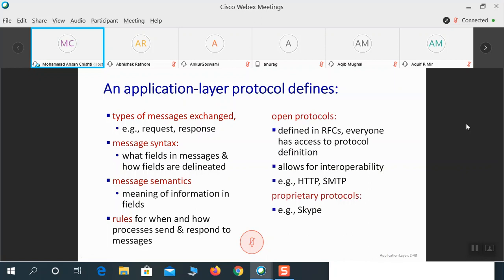There are 2 different varieties of protocols that come in an application layer. One is open protocols like HTTP, SMTP. It allows interoperability. It's in the sense that you create an application, you define HTTP as a protocol. There's no issue with this. The other one is proprietary protocol like Skype. Within this, they belong to an organization, let's say Microsoft, and these protocols cannot be copied.